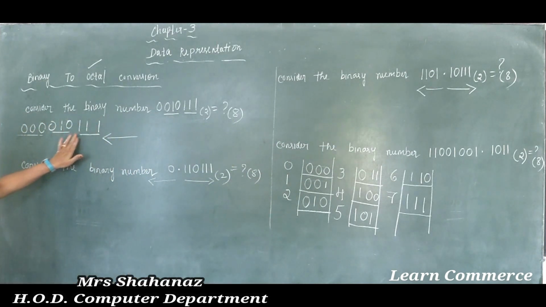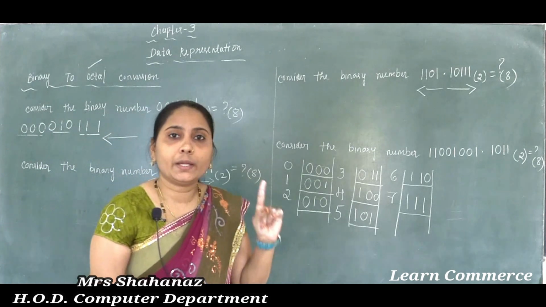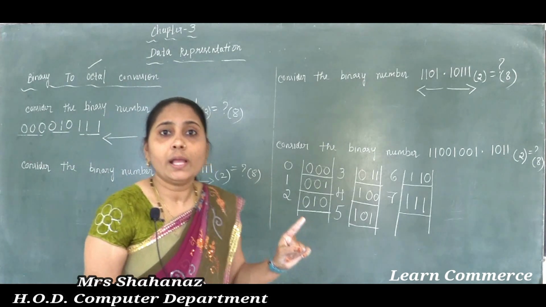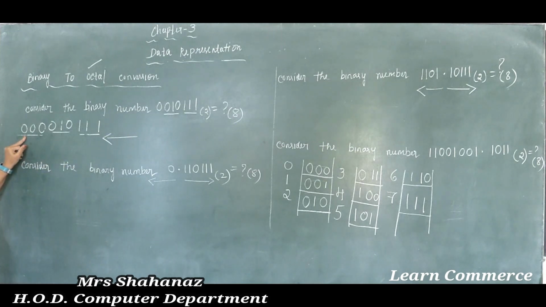So we can say that now we already grouped, that means in one group 3 bits are there. So for a whole number it may be necessary to add a 0 in our MSB in order to complete a grouping of 3 bits. Is it clear to everyone?